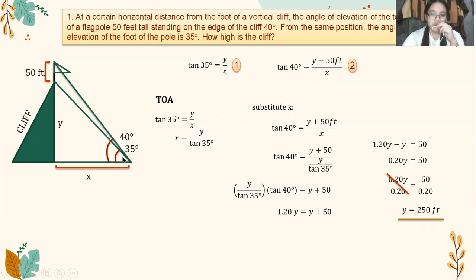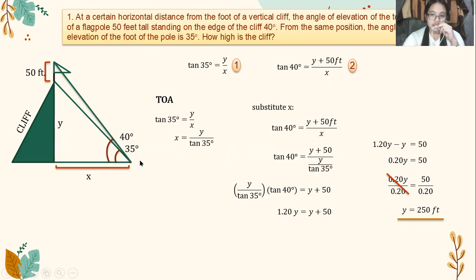We have the opposite, which is y, over the adjacent, which is x. Then the equation number 2 is tangent 40 degrees is equals to y plus 50 feet over x. So we have tangent 40 degrees here. Then the opposite is y plus the height of the flagpole, since the angle of elevation is from the top of the flagpole. So you have to add the y and the 50 feet height of the flagpole over x,